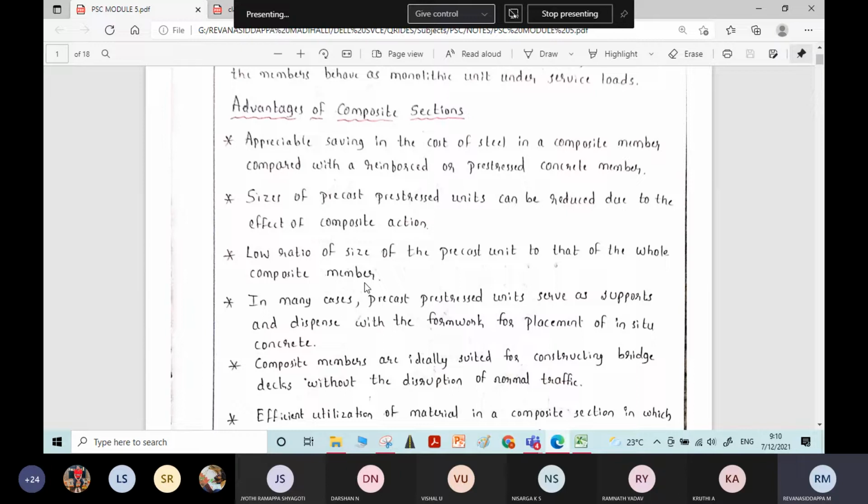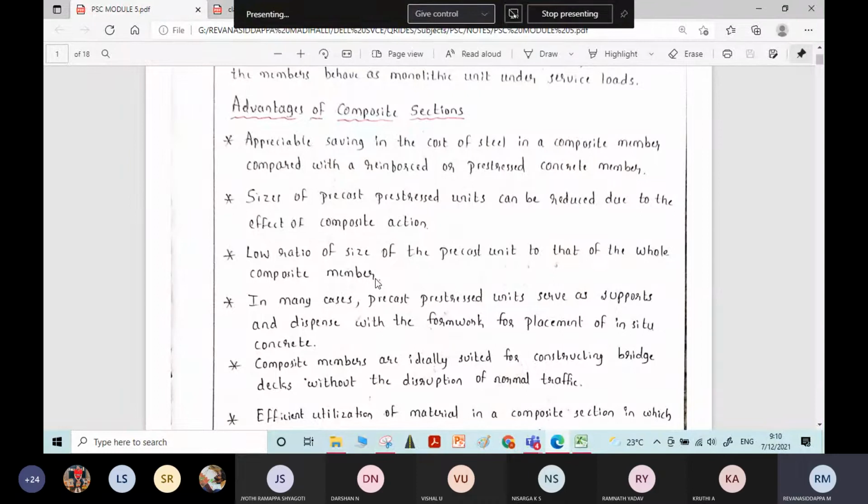In that case, the cast in situ concrete we are placing will be normal strength concrete like M30, M35, or maximum M40 for the slab. But for PSC, the minimum grade of concrete we utilize is M40. And whatever compressive and tensile stresses act on the section, if you place